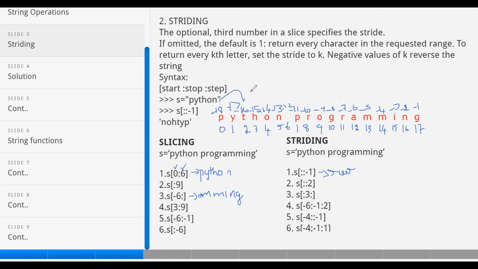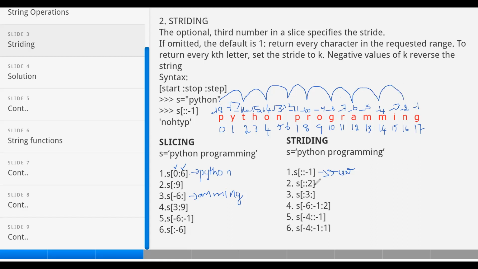From T, it will get the second character O. From O, it will take the second character space. From space, it will take the second character R. From R, it gets the second character G. From G, it takes the second character A. From A, it is M. From M, it is N. By that, it stops.